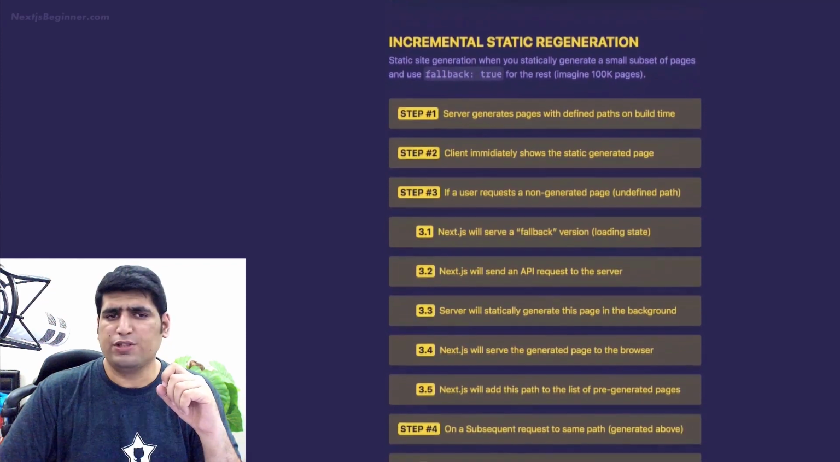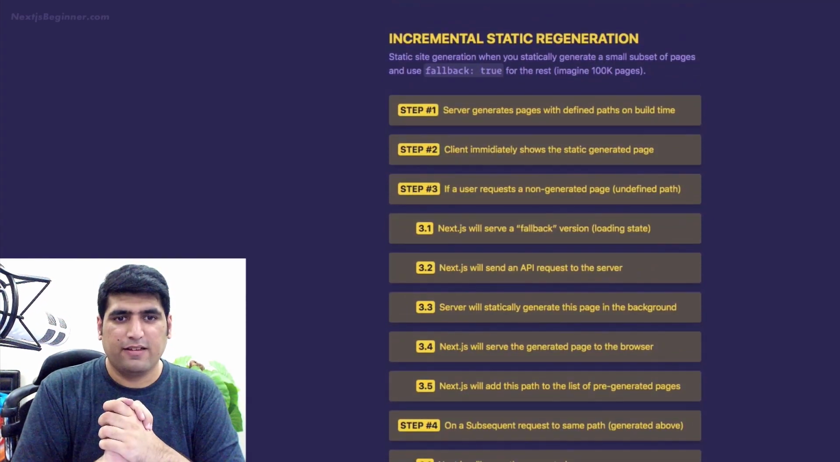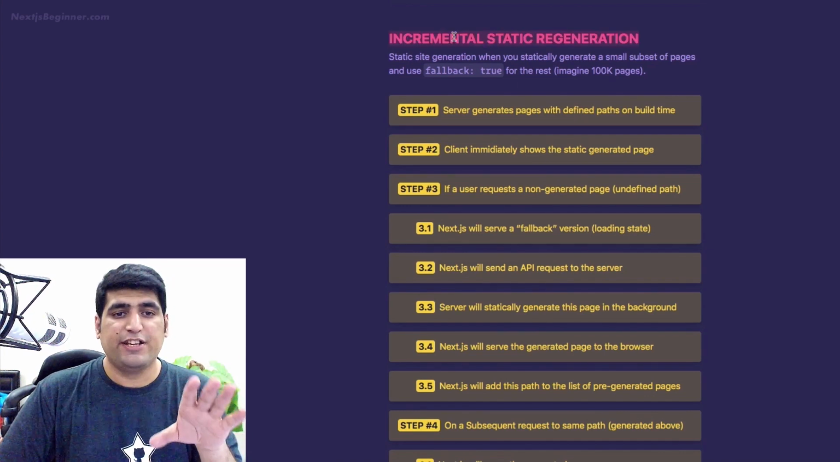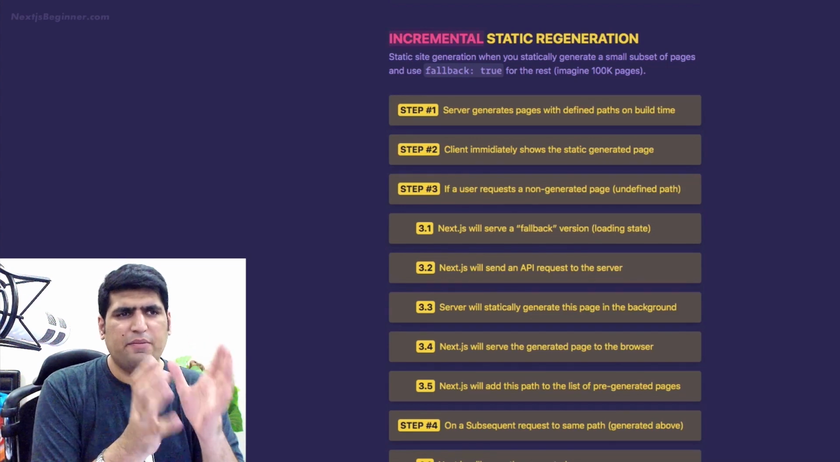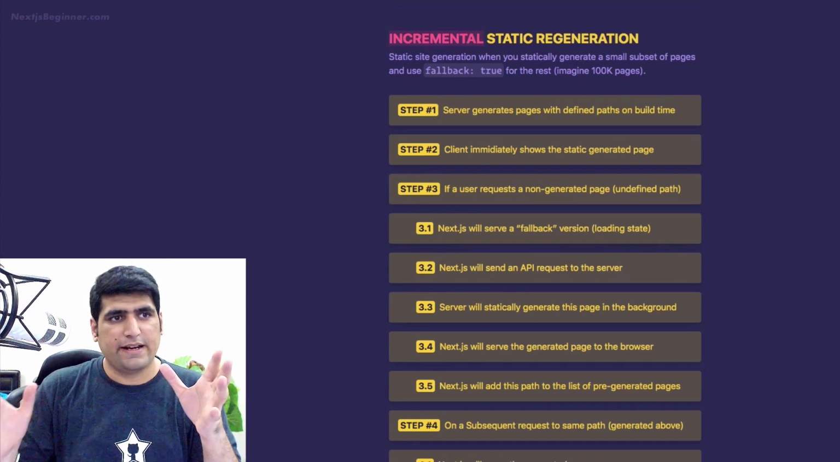The second approach is a little bit more complex, but it is just as interesting. You see, we call this approach incremental static regeneration. So it's an incremental static site approach. By incremental, what we mean is that we are not going to regenerate all of the static pages of the